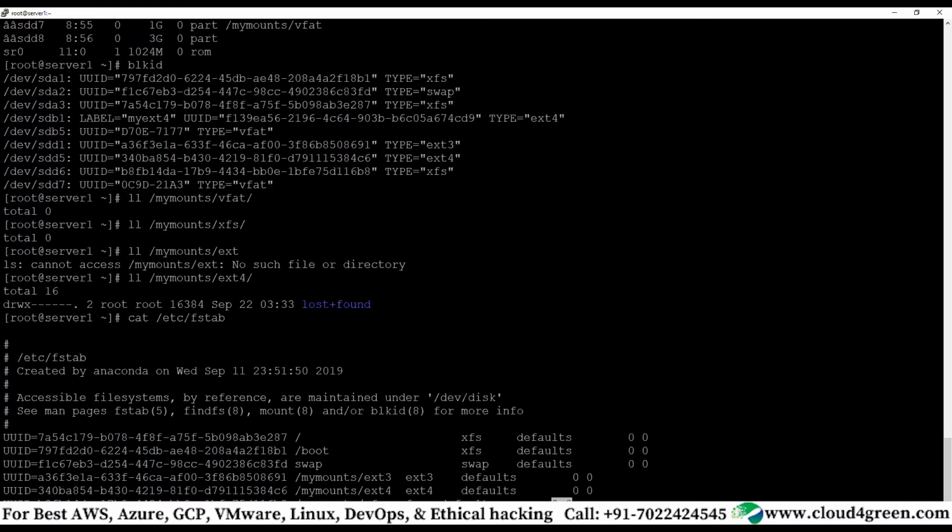Okay, let me explain this first. What we do is take two block devices. These are maybe 100 gig each. It's not required that they are the same size; another size can also be there. We combine these and create a volume group out of this.